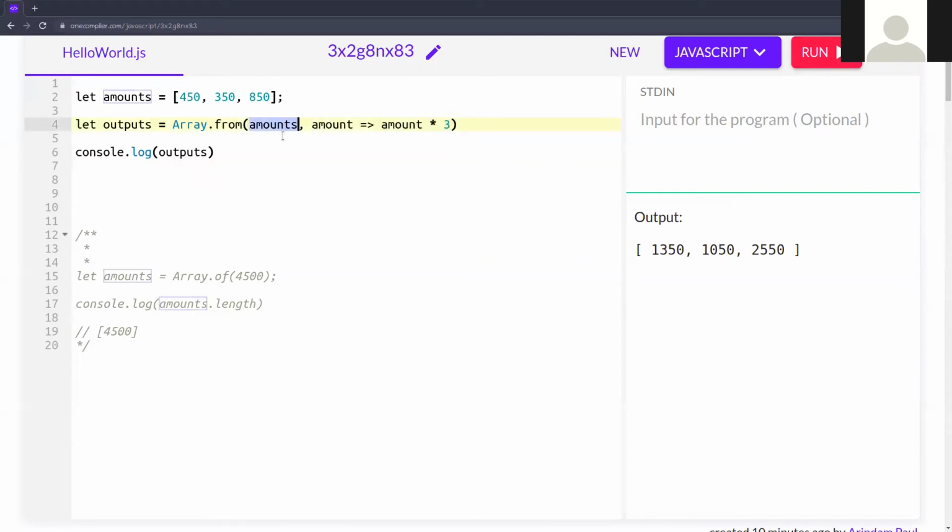The first argument should be the array. The second one is the callback function. In that callback function, this amount indicates each of the array elements. And now I'm doing one operation here, like multiplication. You can do addition, whatever operation you want to do. You just put your logic here, and now this is the output. This is the second one.